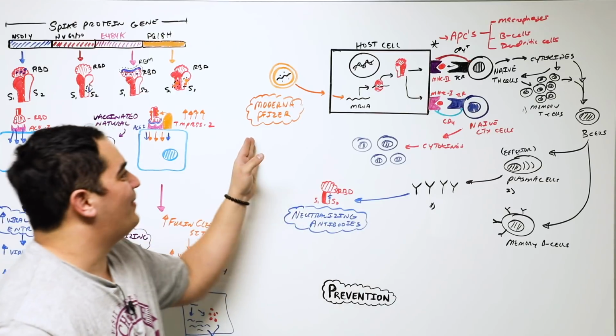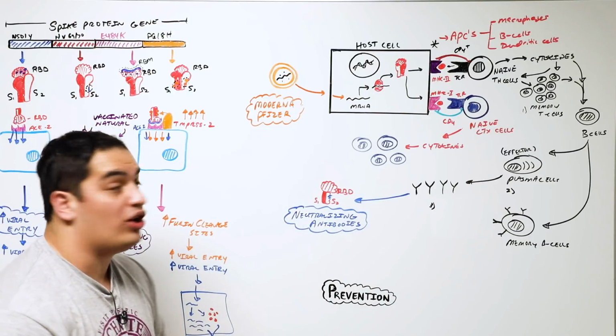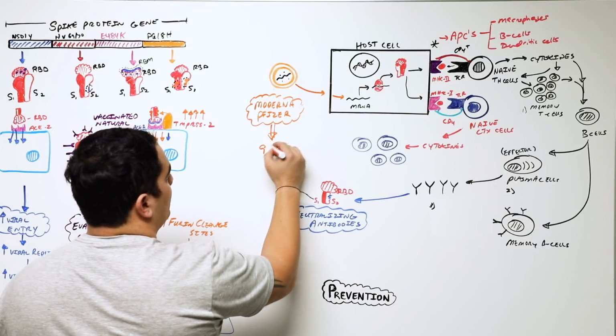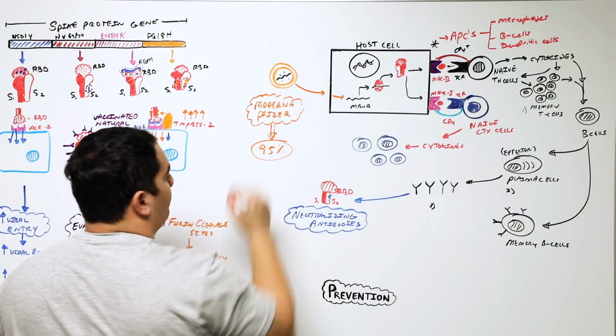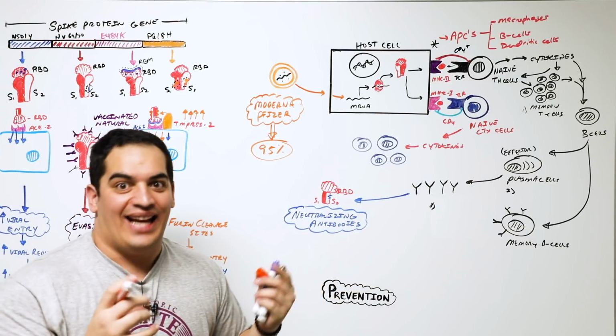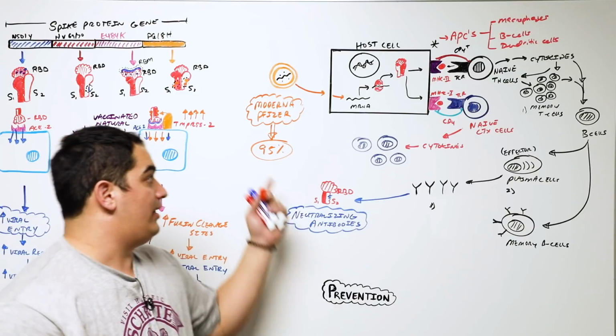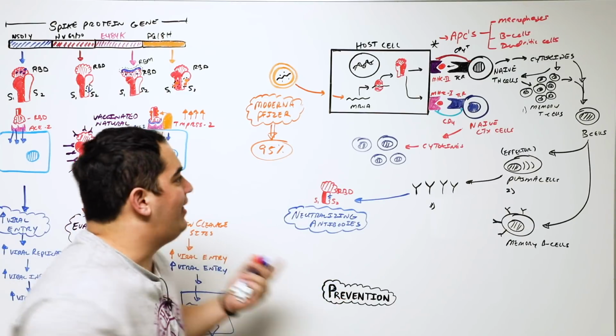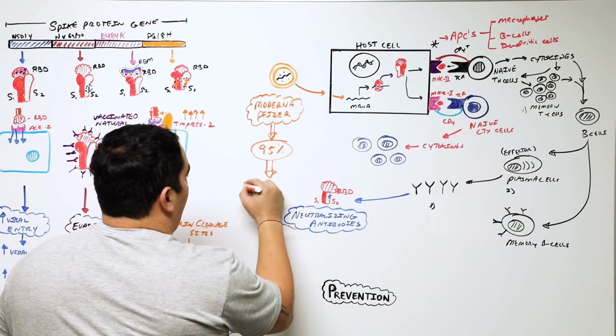We know that these Moderna and Pfizer vaccines had pretty good efficacy, somewhere around 95%. Would there be a drop in efficacy because of these neutralizing antibodies that these vaccines help us to generate? I think yes. I think there could be a minor drop